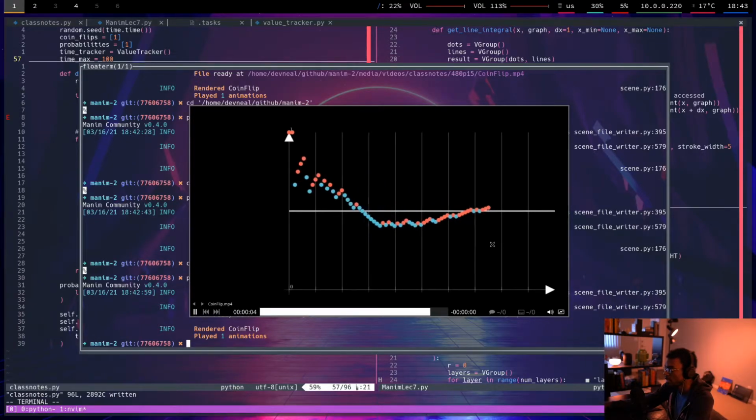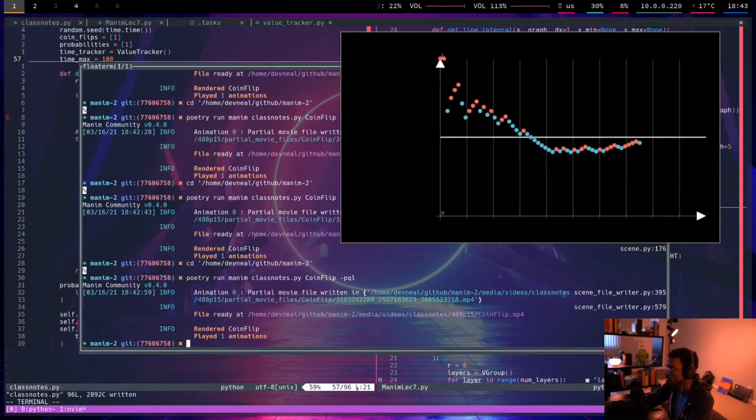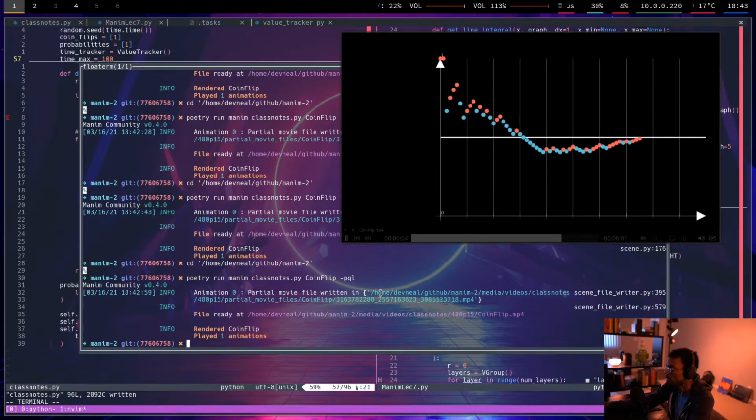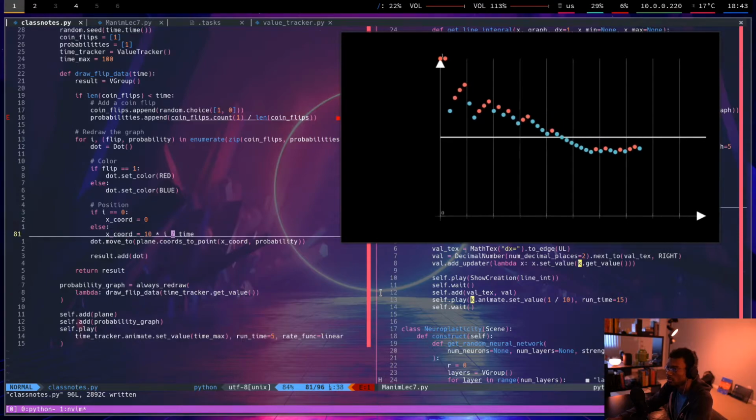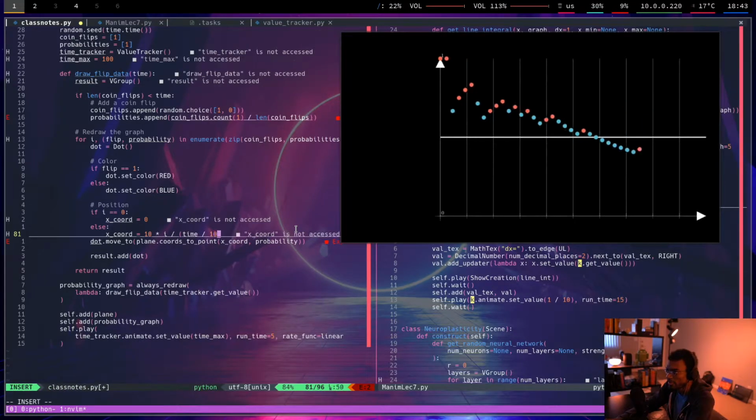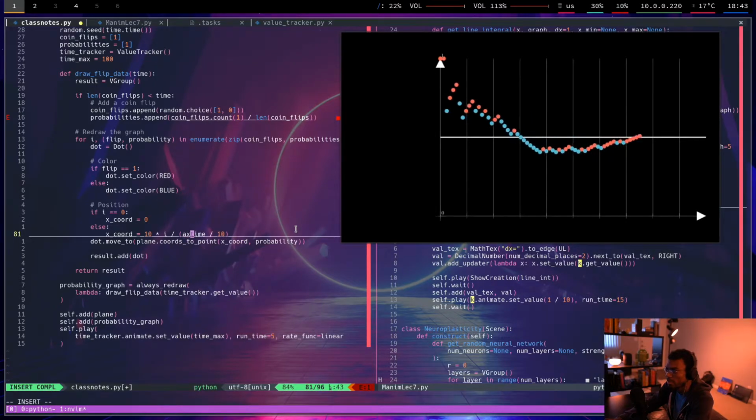Why is it doing that? Why are the points appearing here now? The x coordinate. Oh, this should be... okay, time divided by 10. Max time divided by 10